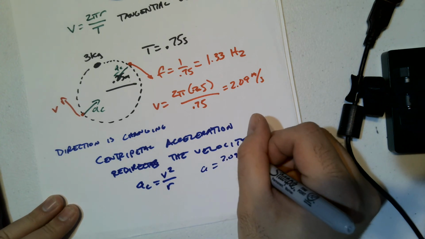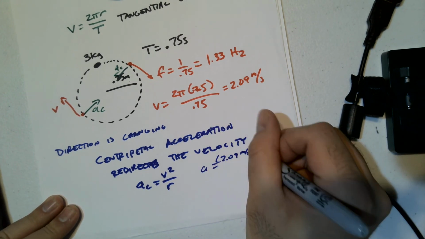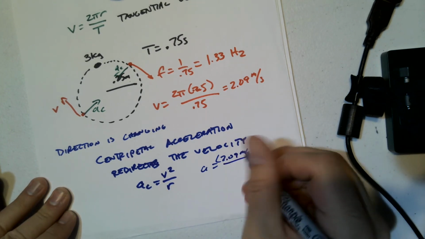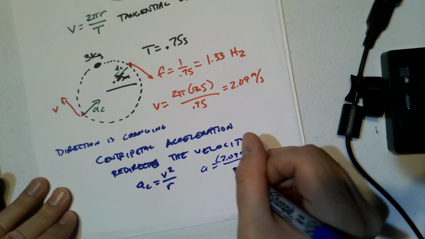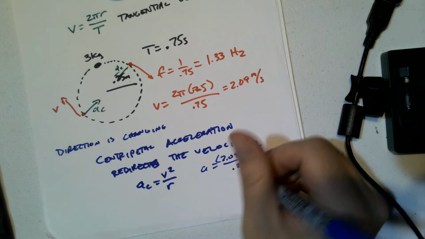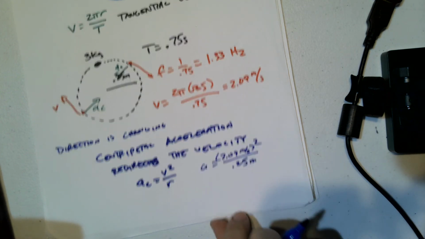You'd square it. Let's actually look at the units. Put it in meters per second here. We'll square it, and we'll divide by 0.25, which is our R value. So you got 2.09 squared divided by 0.25. And that's meters here. And if you look here, you get